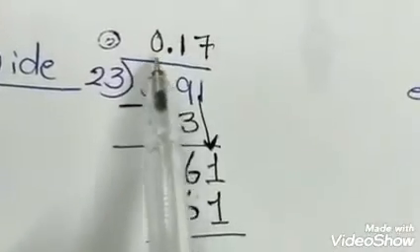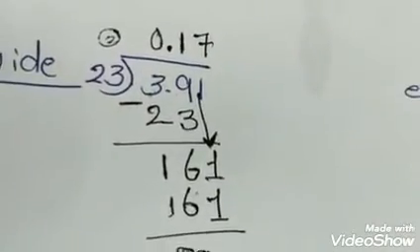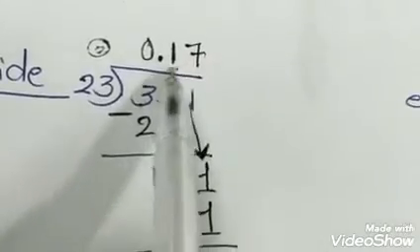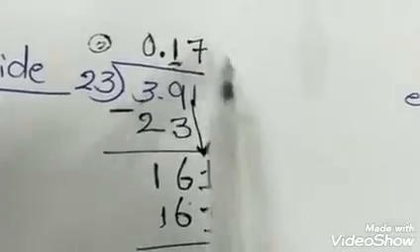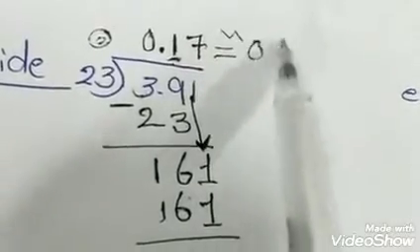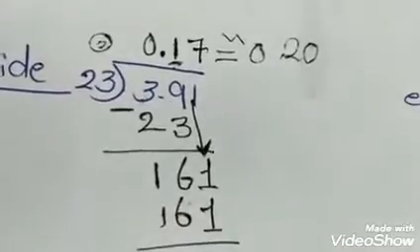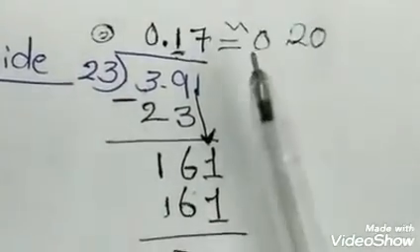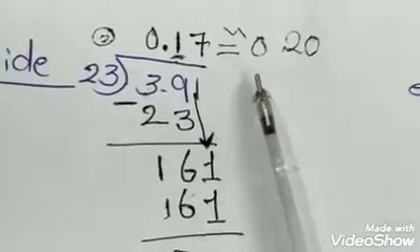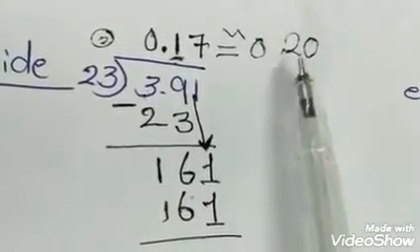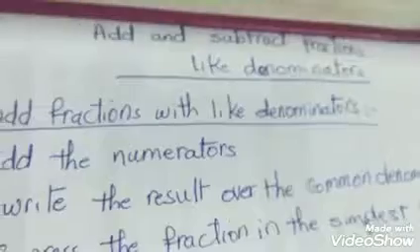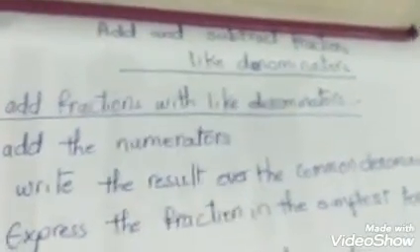The quotient here is 0.17. If I round it to the nearest tenth, it will be 20 hundredths, or 0.2. So the estimated quotient is close to the accurate quotient. Okay, so that was for